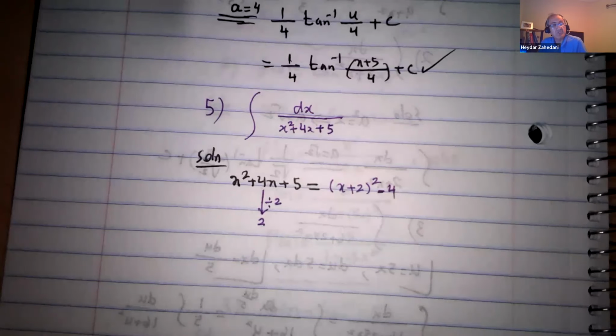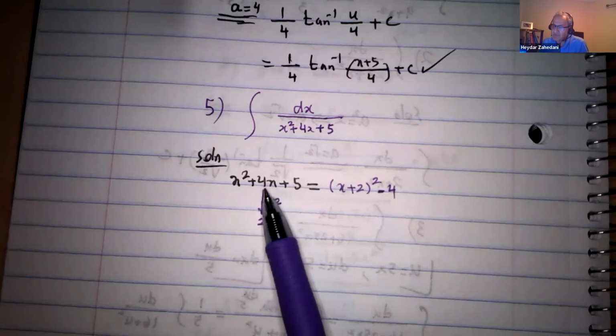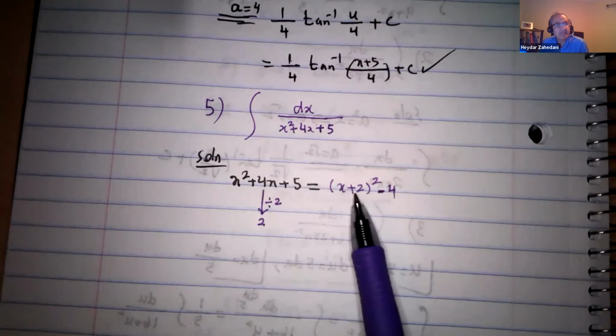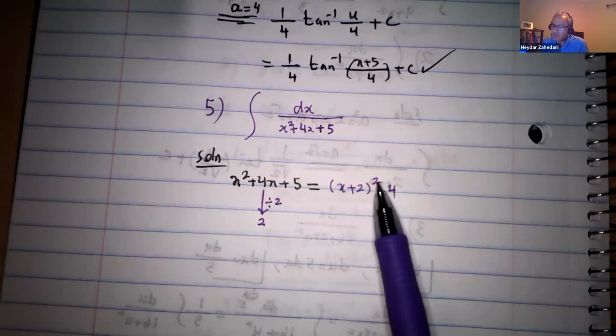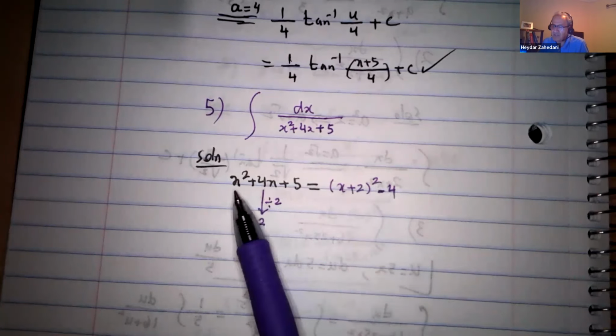Okay, this is a procedure that you use in algebra, the completing the square method. It's very easy. You divide this coefficient by 2, that gives you the second number. It's going to be x plus 2 all squared. But when you square it, x squared,